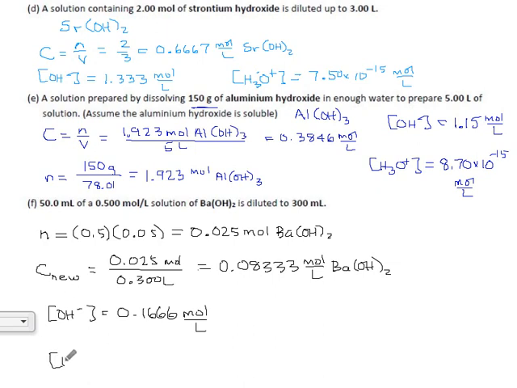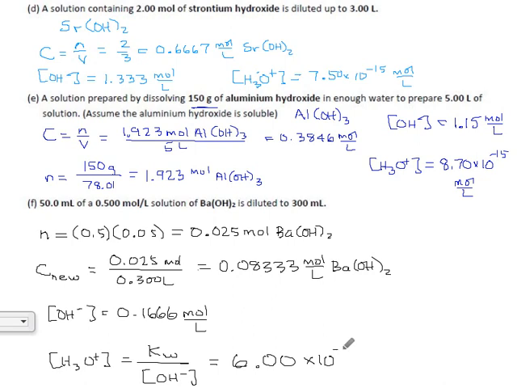And the H3O, you're probably used to this by now, will be the ion product for water divided by our hydroxide. It's K divided by whichever concentration you have. So 1 times 10 to the minus 14 divided by 0.166. And from that I get 6, pretty much bang on 6. Yeah, 3 significant digits. 6.00 times 10 to the minus 14